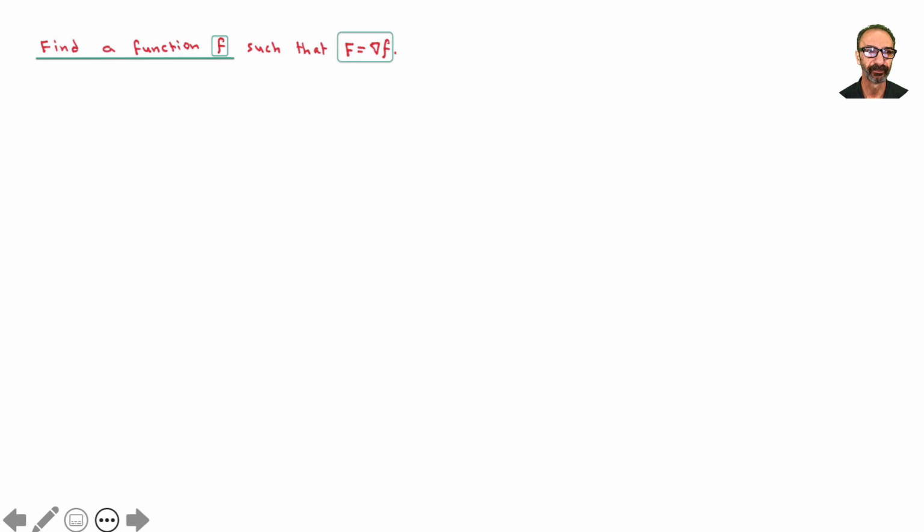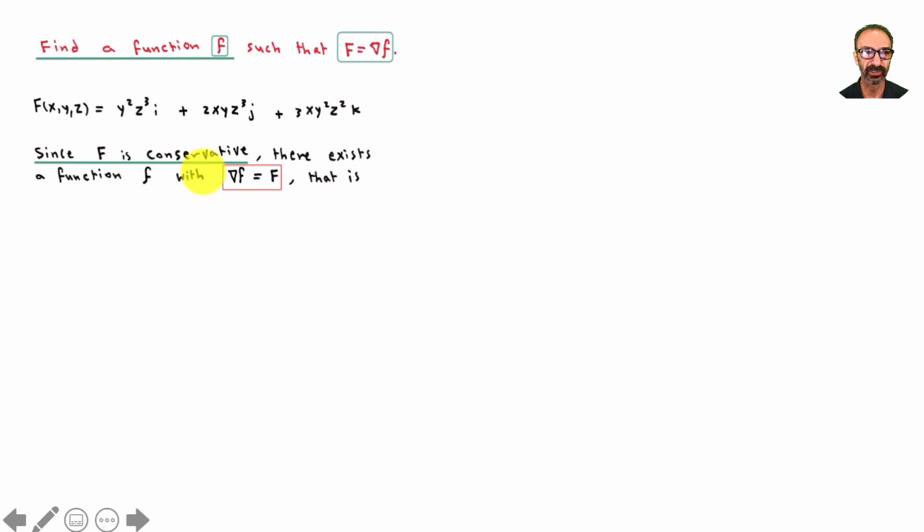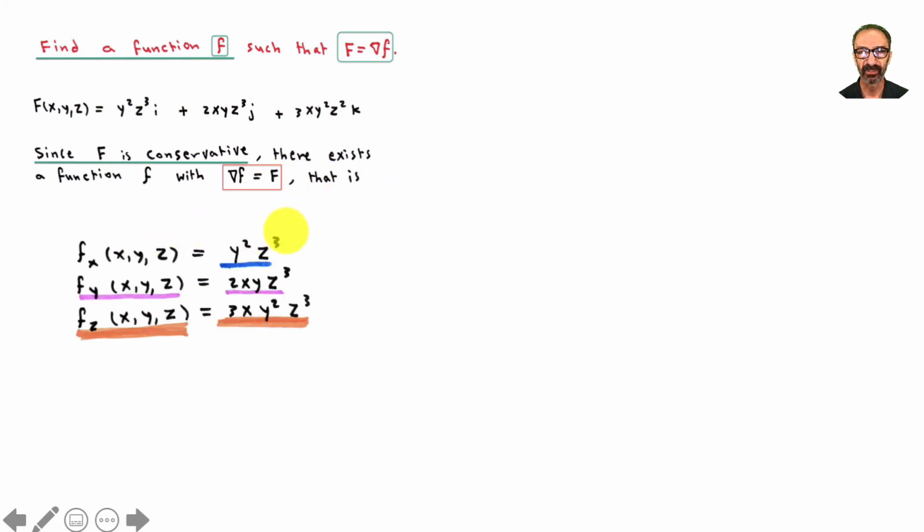Find a function f such that the gradient of that f is the vector field F, capital F. This is our vector field. Since F is conservative, there exists a function f with the gradient of f equal to the vector field F. That means the following. If you compare this F right here to the gradient, that's fx, that's fy, fz,